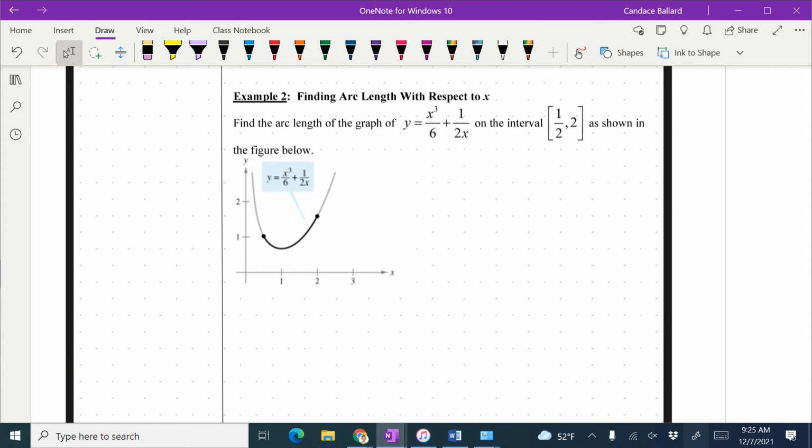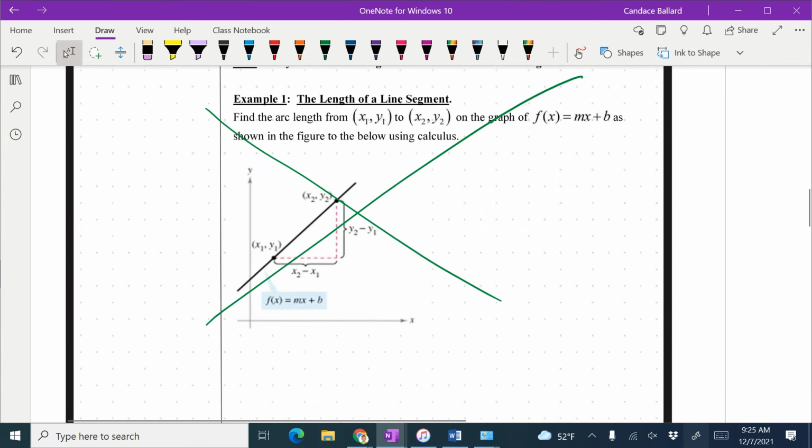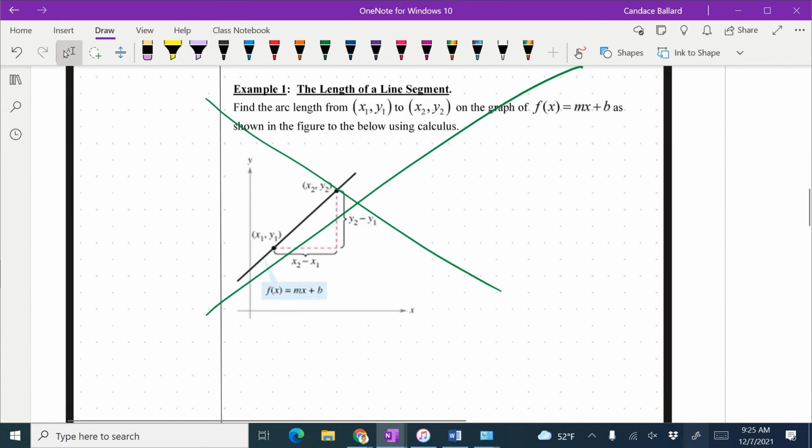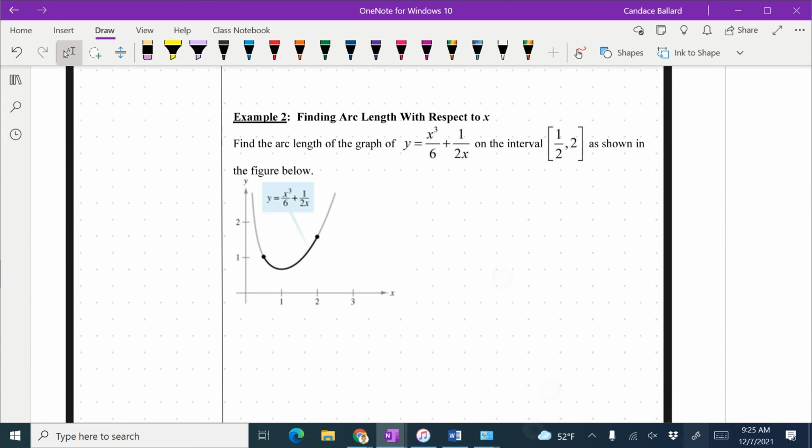All right. So we have to find the arc length with respect to x. So find the arc length of the graph of y equals x cubed over 6 plus 1 over 2x on the interval from 1/2 to 2 as shown in the figure below. All right. So what I'm going to do first is I'm going to set up the formula. Okay. So I know that arc length, and did they give us a variable for it? S. Okay, so little s equals